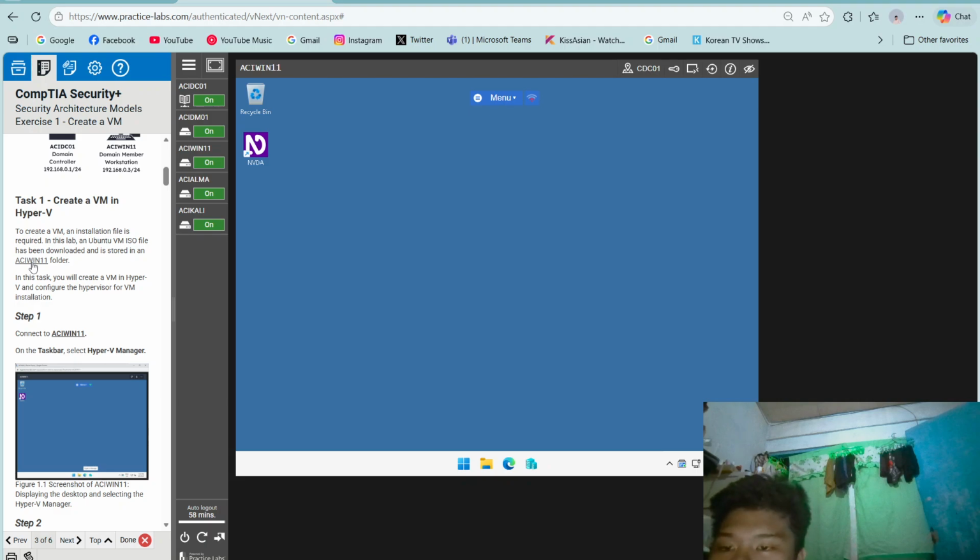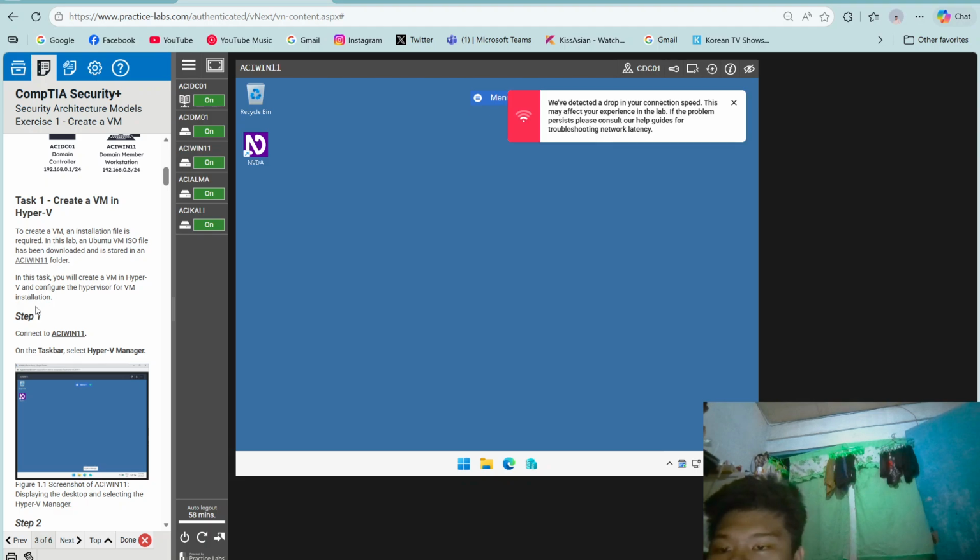So in task 1, create a VM in Hyper-V. To create a VM, an installation file is required. In this lab, an Ubuntu VM ISO file has been downloaded and is stored in the ACI Win11 folder. In this task, you will create a VM in Hyper-V and configure the Hyper-V settings for VM installation. So step 1,